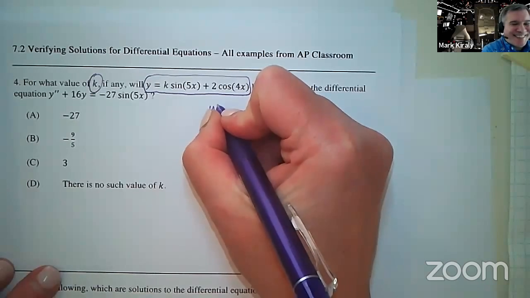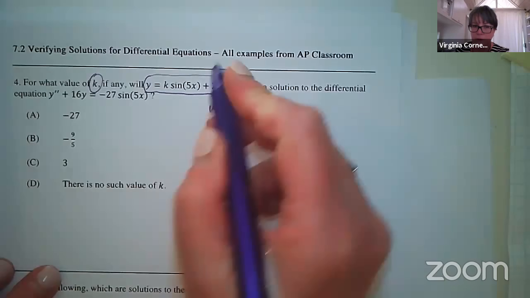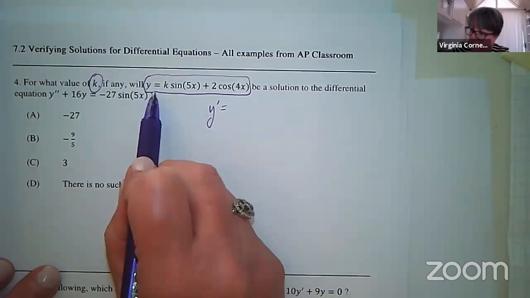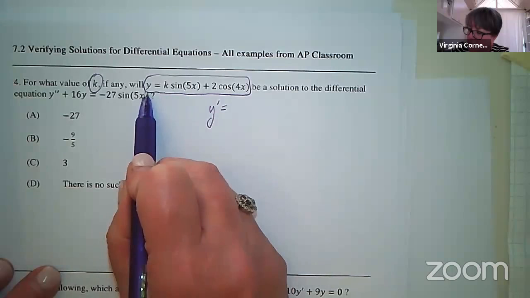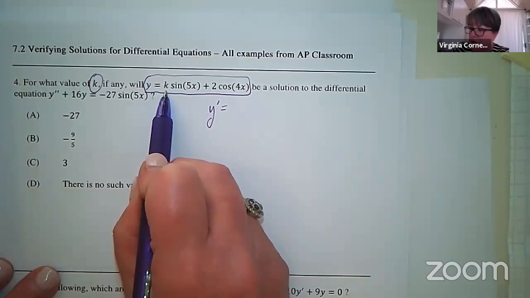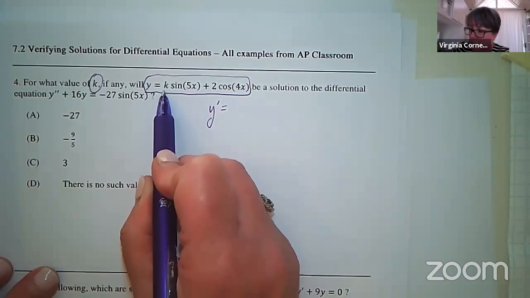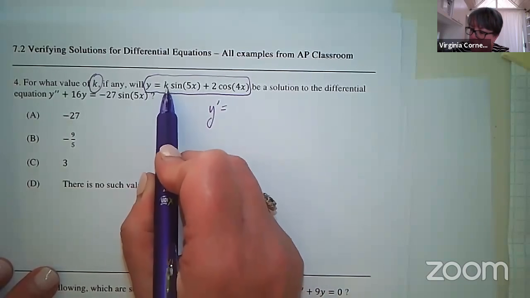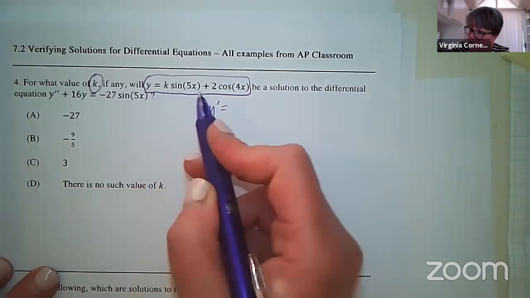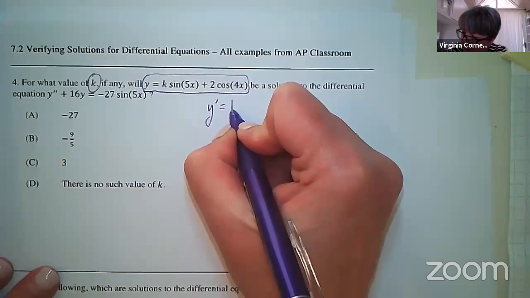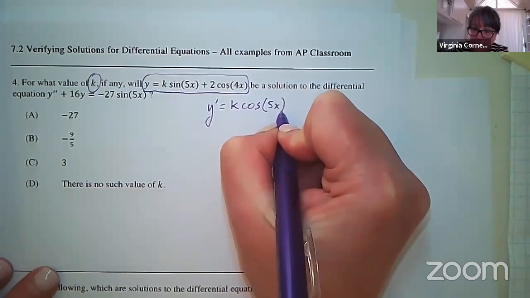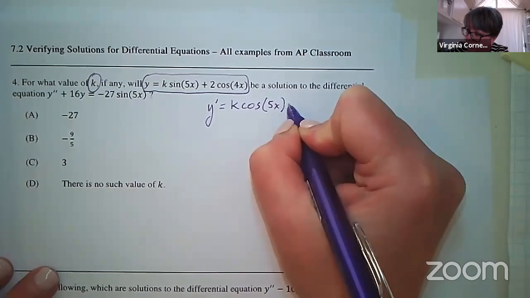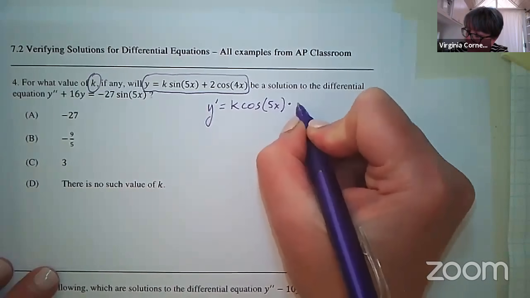Okay. So here's my equation that I'm going to take the derivative of. Lots of good chain rule going on here as well. So y is equal to k sine 5x. I do not need to use product rule here because k is just a constant. It's a number like 7 or pi. So it's k times the derivative of sine x, which is cosine x. But in this case, it's cosine of 5x because the argument is 5x, and then times the derivative of that 5x, which is 5.